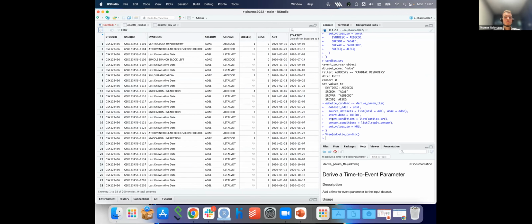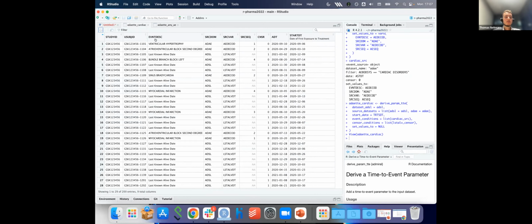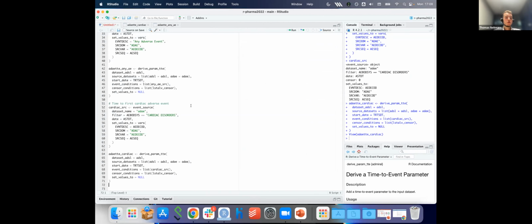we see something kind of interesting. The event description is set to the actual preferred term that was recorded. If it's the last date known alive, then it's just that string we specified. And we have the information we need. And so now we have two